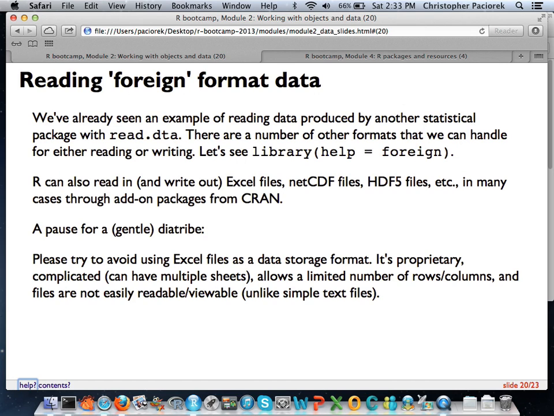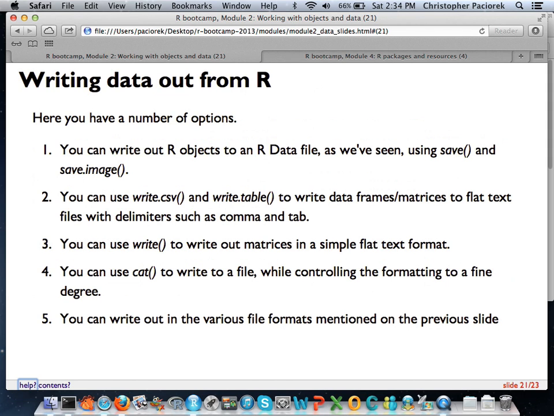And that's useful. We've already seen using the foreign package to read in, in our case, Stata data sets, but you can read in SAS data sets and lots of other kinds of data sets with the foreign package. And R will handle lots of other file formats, like netCDF, which is popular in atmospheric science, so I end up working with that a lot. So there's an add-on package to deal with that. In general, in scientific computing, we try to discourage people from using Excel as a way to store your data because it's not really a data storage format. It's a spreadsheet, for the reasons that I have here. So if you're storing data, I strongly recommend you just store it as a CSV and not as an actual Excel file.